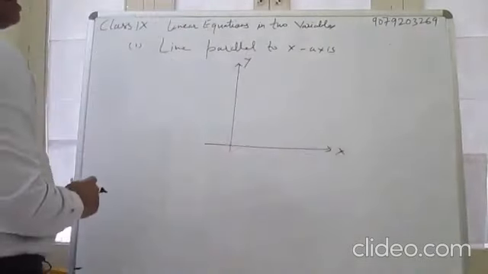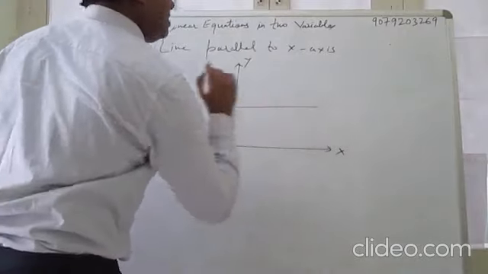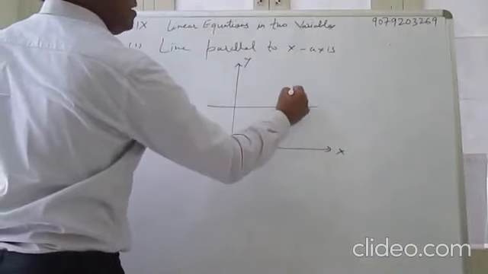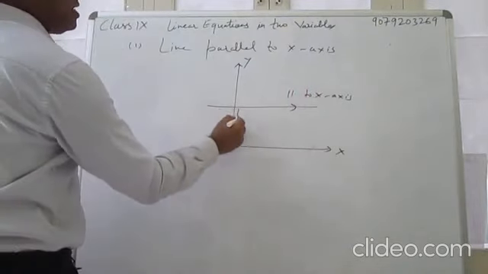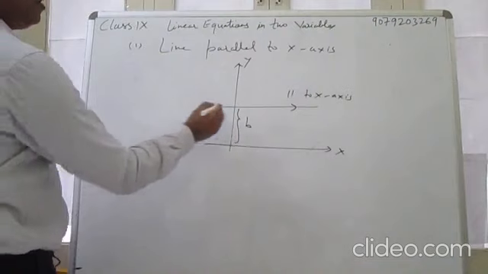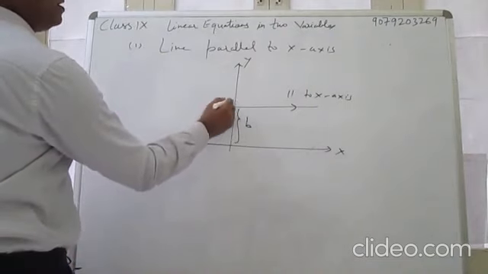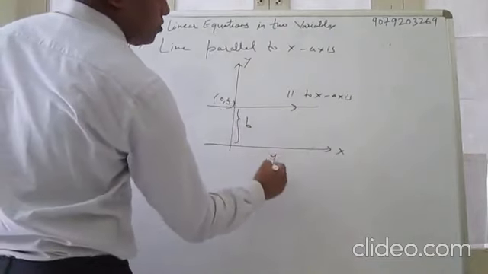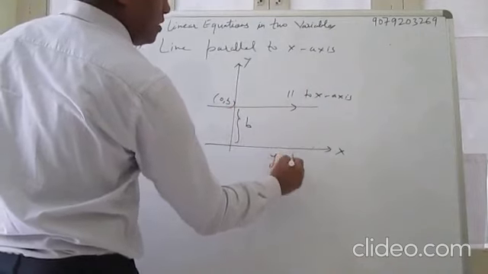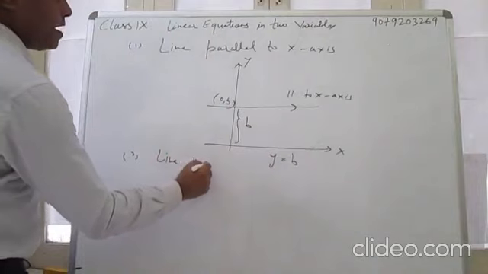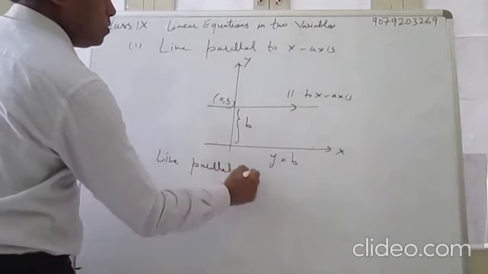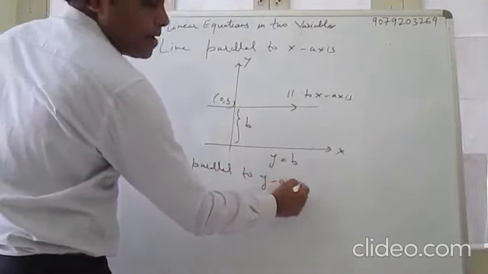The line parallel to the x-axis is this. Let this distance be b. So this point is 0 comma b, and here y is equal to b. Now a line parallel to the y-axis,